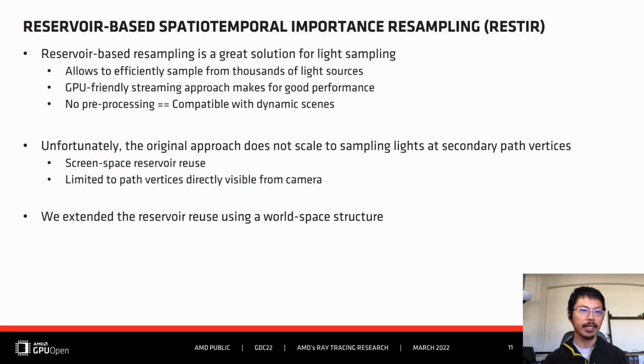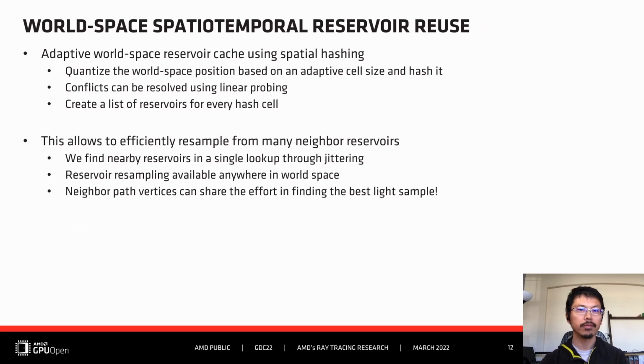In this work, we extended that and used a world space data structure. What we propose here is an adaptive world space reservoir cache using spatial hashing. We quantize the world space position based on an adaptive cell size and hash it. The hash function can collide, so we resolve it by adding linear probing. After hashing the information, we create a list of reservoirs for every hash cell.